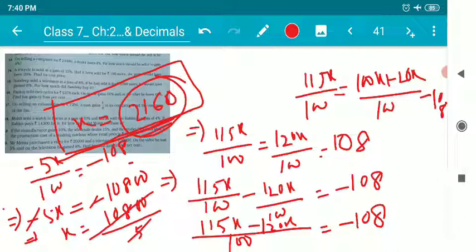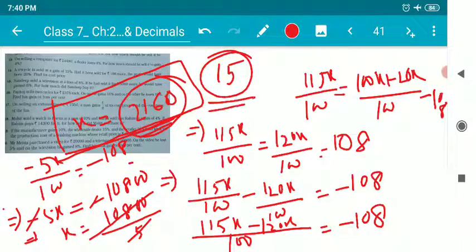Alright, children. So this is how we need to deal with this kind of question. Question number 15 is exactly the same. I want to give this question as homework. You will solve question number 15 and submit the work in the Google Classroom. If there are any doubts and confusion, let me know. I will teach number 15, but I want you to try this question on your own first. Everybody should try this question.